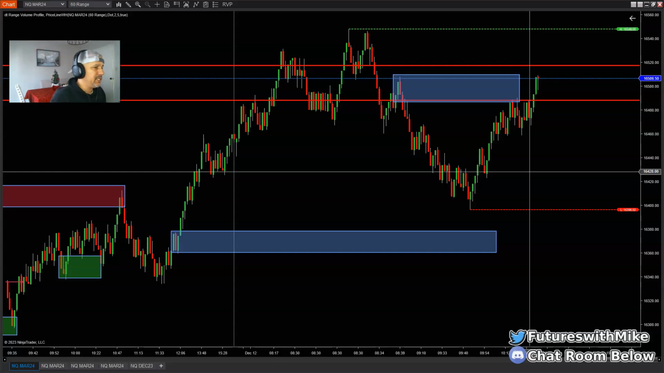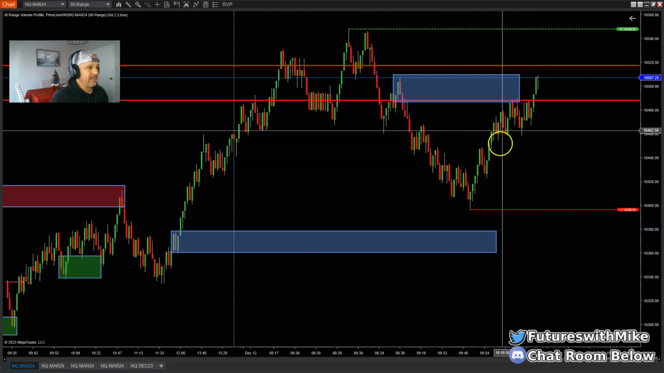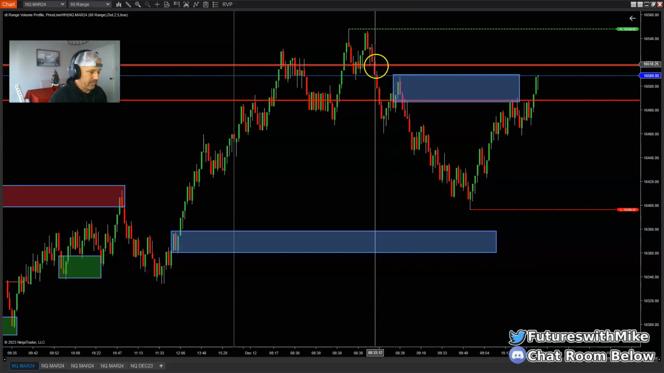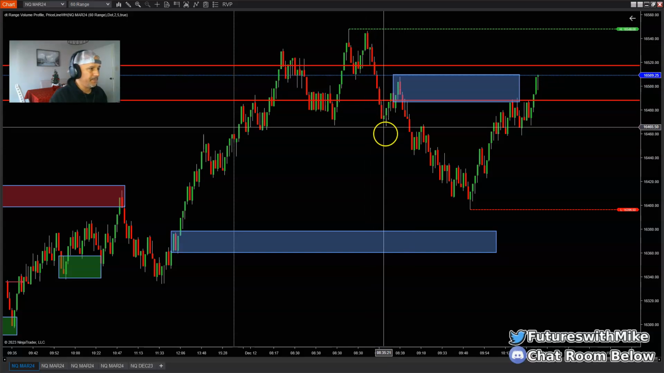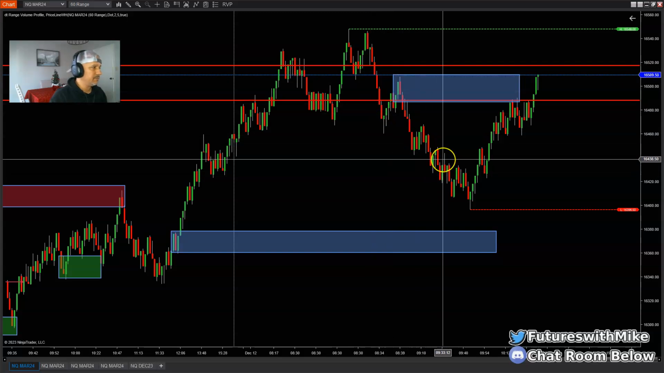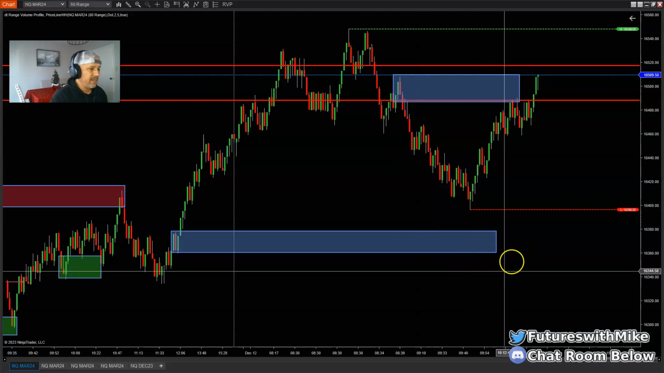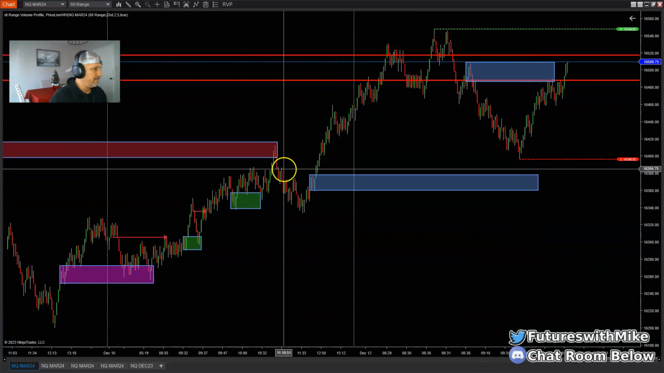Maybe in these two areas here. Again, this is the minor structure break to the upside, taking out this area here. This right here is a supply area resting from where the market came down lower and started taking out the lows for the sessional highs so far. And then we have demand areas resting below from prior session